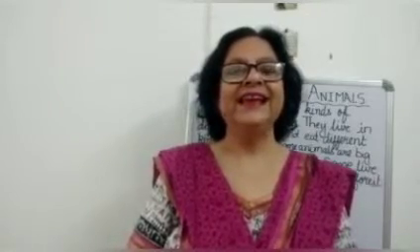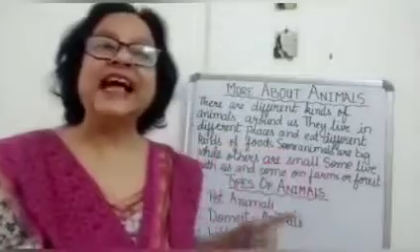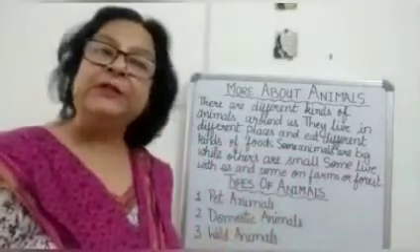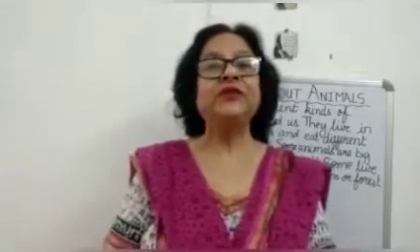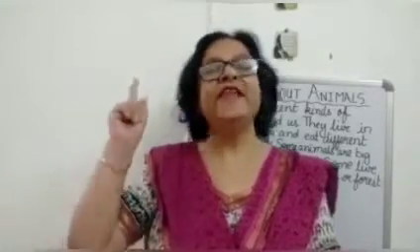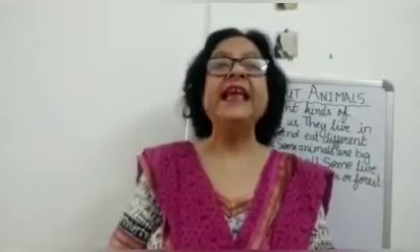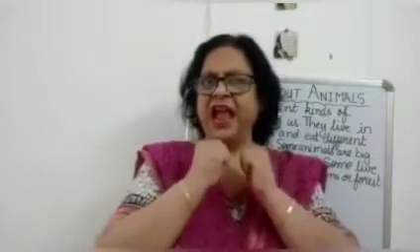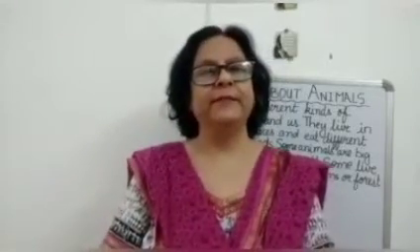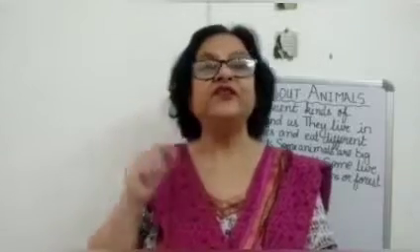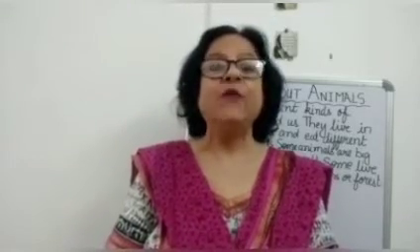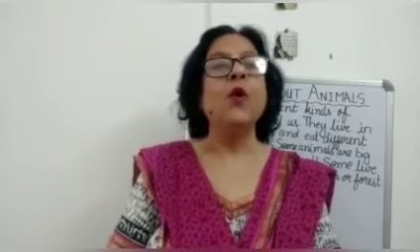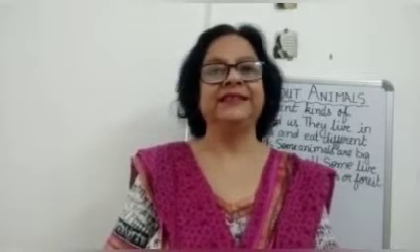Maybe we take care of them in our farmhouses. Okay? Okay, children. Now next kind of animals are wild animals. Yes, children, animals that live in the forest. They live in the forest and we are terrified of them. Maybe we have seen them in the zoo when we go there for a picnic. We have seen wild animals in the zoo or they live in the forest.